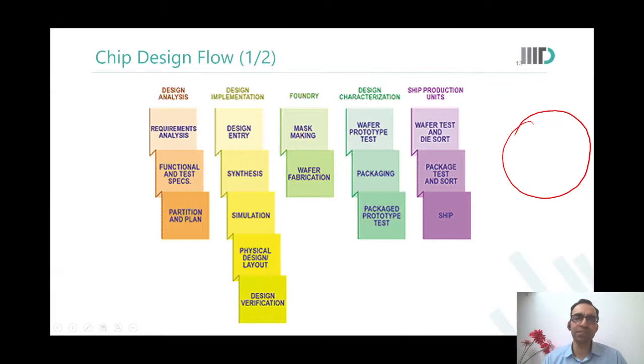What is this die finally? It is working fine, but what is it finally? Is it operating at 1.2 gigahertz, 1.24 gigahertz, or 1.16 gigahertz? It is working fine. At what frequency? Similarly, at what power consumption? At what leakage? At what battery life? All those things. Everything is characterizing that particular die.